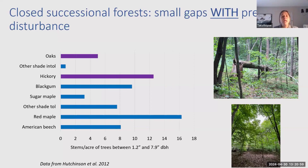disadvantage. In comparison, when these asynchronous gaps are created in closed successional oak forests that have experienced that low severity periodic disturbance, and in the case of these data right here, was 5 prescribed burns conducted over the course of 10 years, the outcomes are more favorable for oaks and hickories. In this case, the repeated fires likely maintain more open understory conditions, right? Oaks are mid-tolerant, they need some light, which over time allowed those disturbance-adapted oak and hickories to grow to a size where, when that small gap was created, they were in a position to capture that